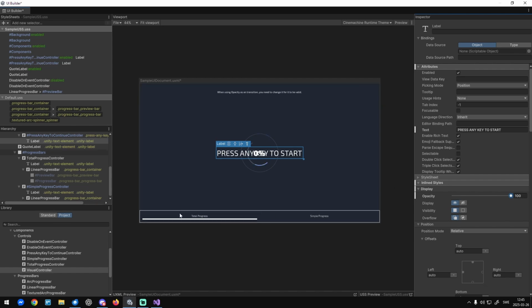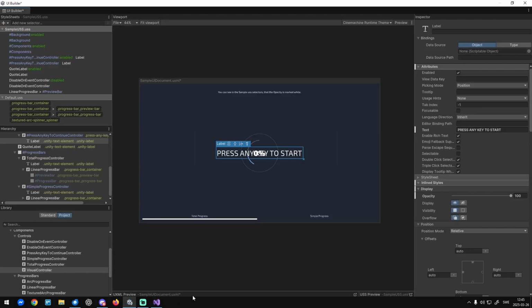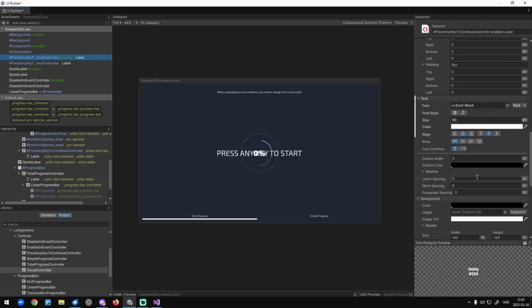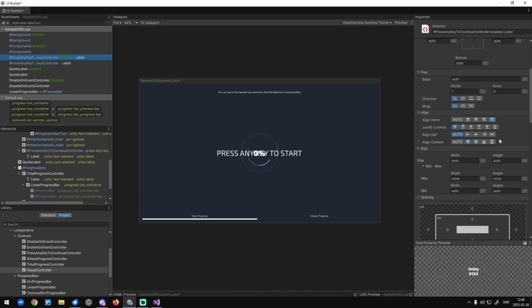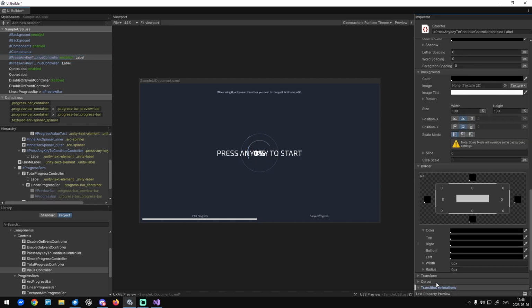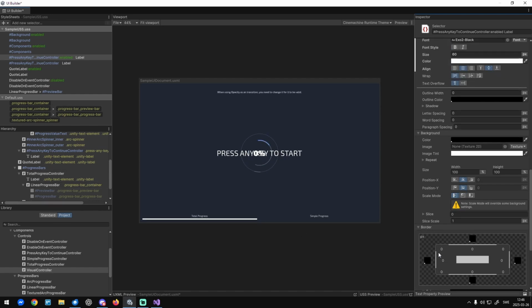So I can actually leverage that here on enable to give this a little bit of delay before I want to show the press any key together with the transform animation here. So I have a delay of 1.2 that is a little bit more than the total progress. So when the loading is done,